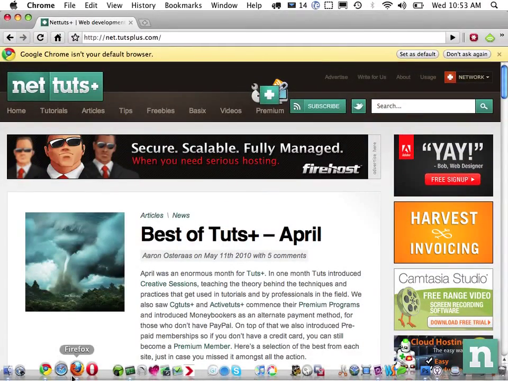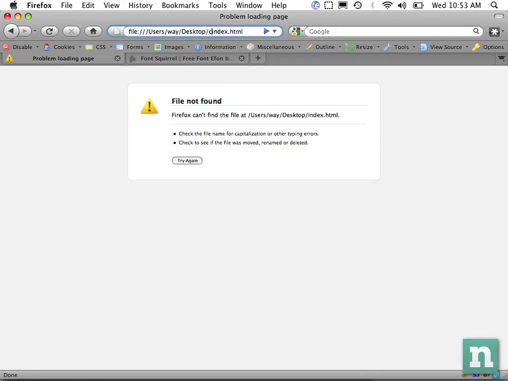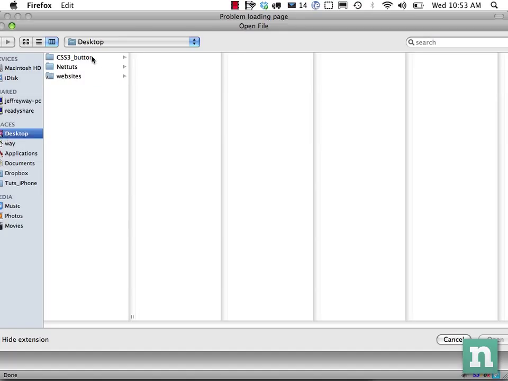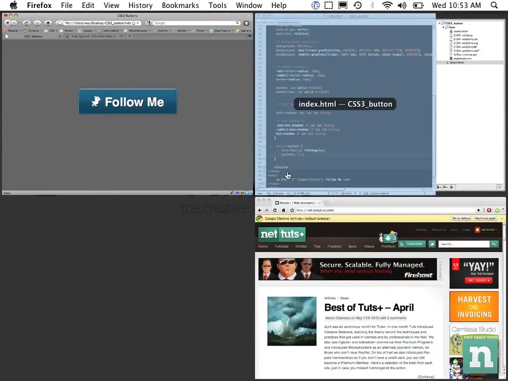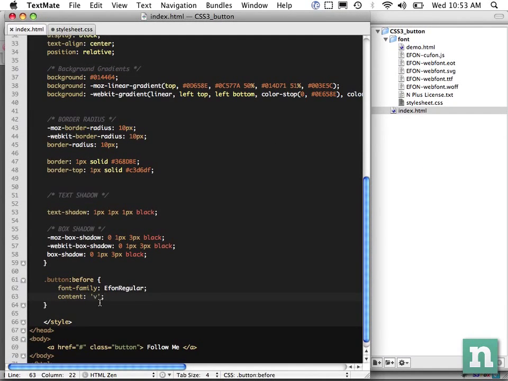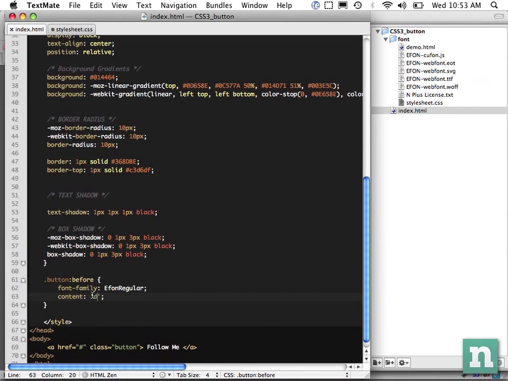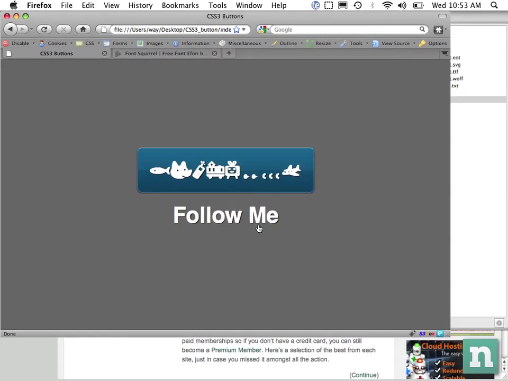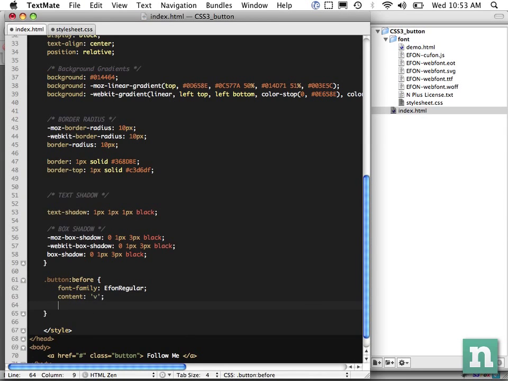So if I come back to Firefox, come back here, refresh, what is it, CSS3 buttons, nope, it's open. Okay, now you can see it shows this little Twitter bird. So if I want to change this, you could even create your own font pack, and we actually had a tutorial not too long ago about creating icons. So there's just tons of really cute ones that you could take advantage of. But what I basically did was I just did a bunch because I couldn't find the documentation, and there's just all of these different little glyphs that you can use. Pretty neat. But we're going to change this back to V. We've set our font, and now we can continue